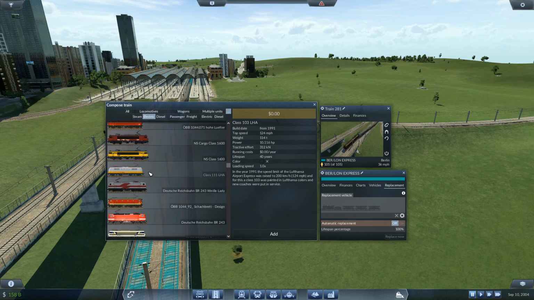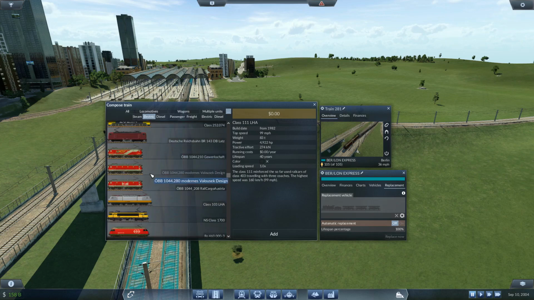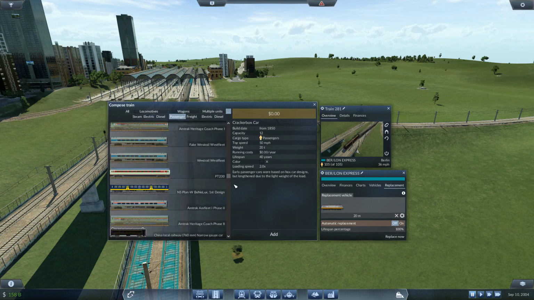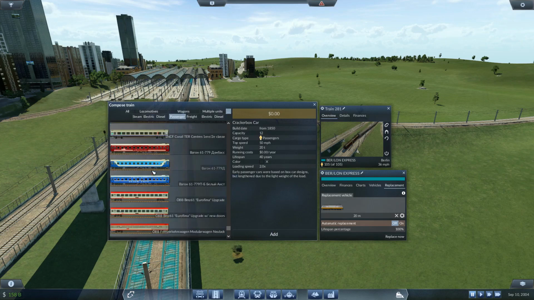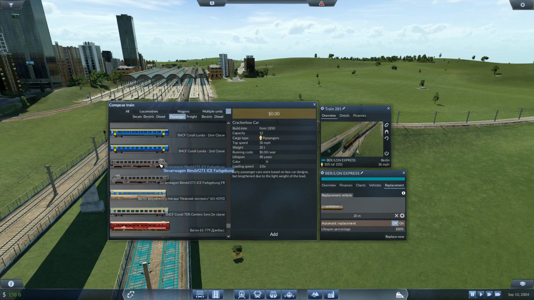1991. 1982. Okay, let's go with the 1991 version. Right, this is 124 mile an hour. Add passengers. Let's go down and see what we've got for Germany. OBB. France. Again,